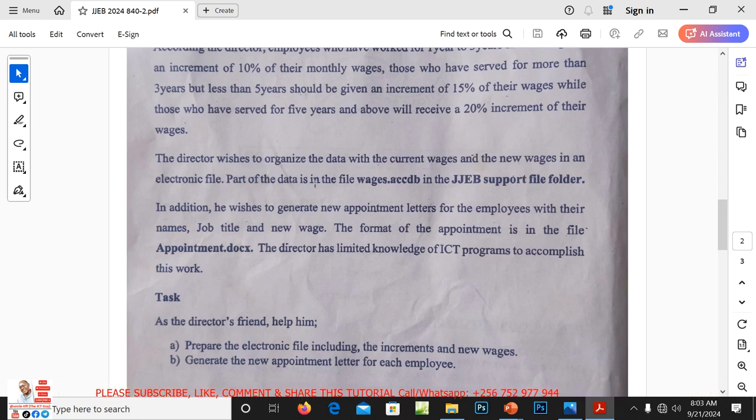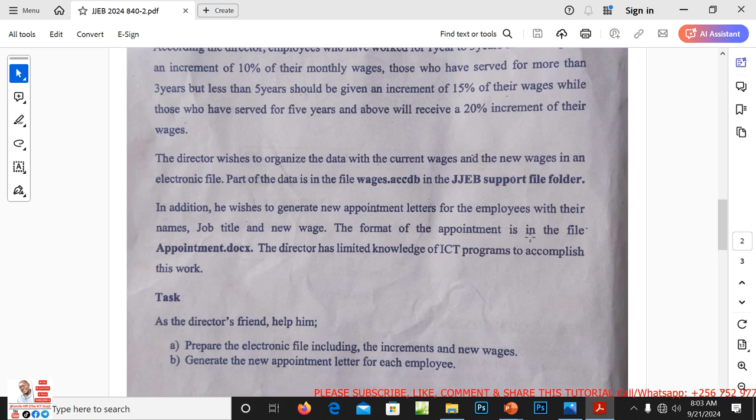The director wishes to organize the data with the current wages and the new wages in an electronic file. Part of the data is in the file wages.sccdb. This is a file extension for a database or Access file in a Jjeb support file folder. In addition, he wishes to generate new appointment letters for the employees with their names, job title, and new wages.